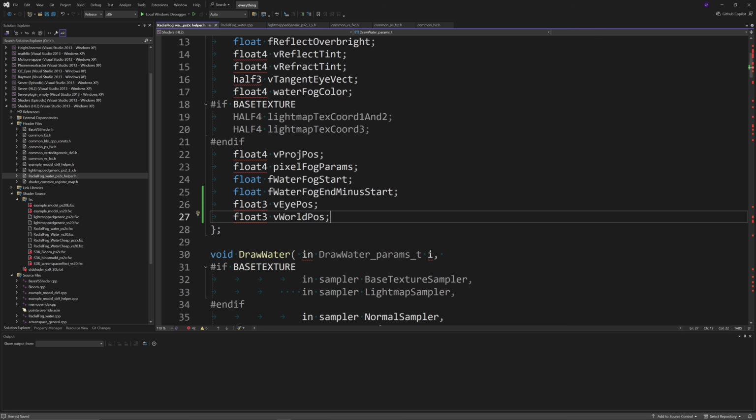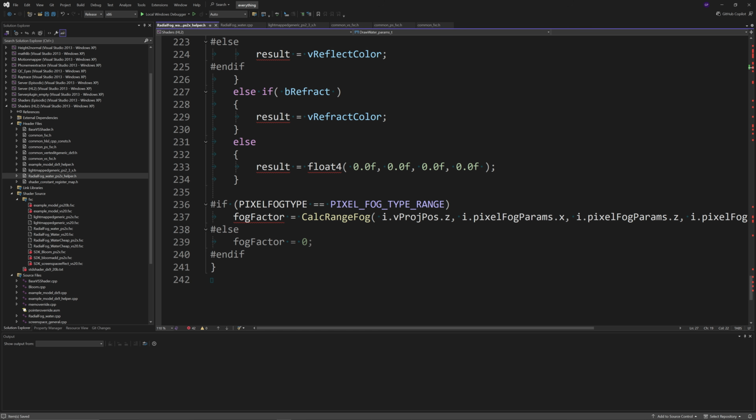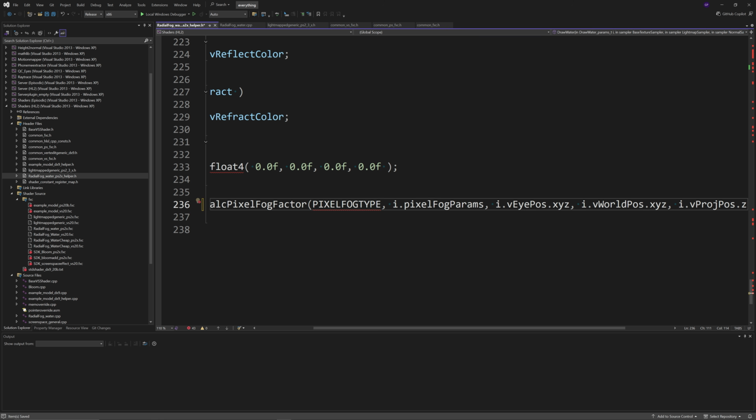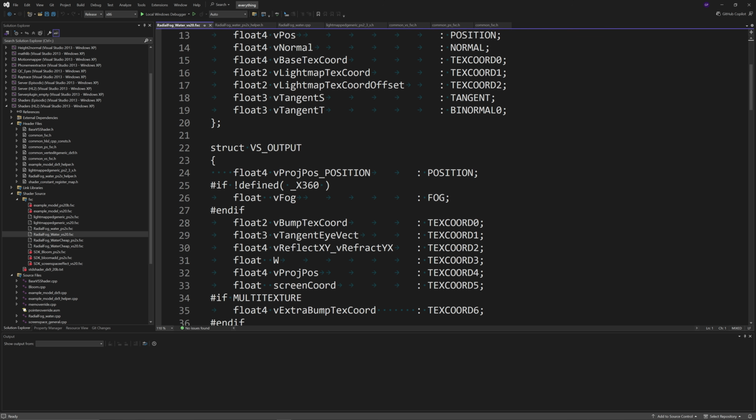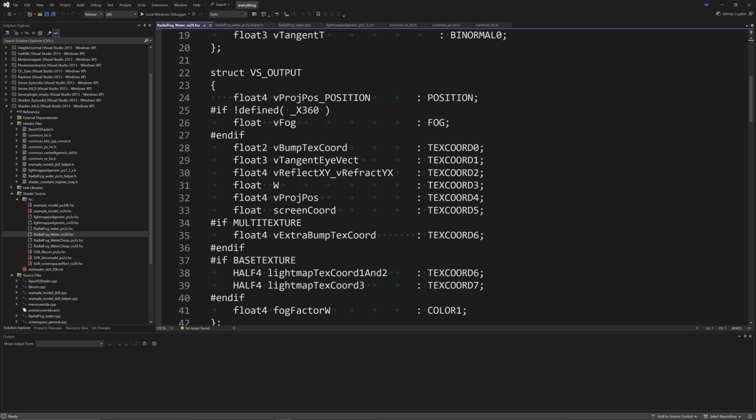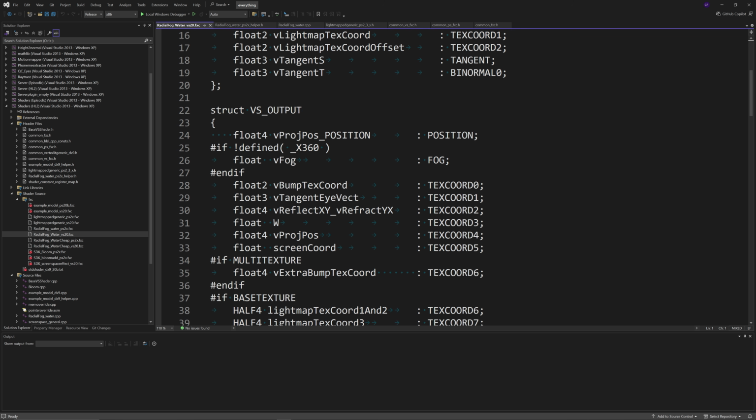And at the very bottom of the file, there is a hashtag if of pixel fog type, which is going to be defining fog factor stuff. You just want to replace all of that with fogFactor equals CalcPixelFogFactor of PIXELFOGTYPE, i.pixelFogParams, i.vipos.xyz, i.vworldpos.xyz, and then i.vprojpos.z. Next, you want to go to radial fog water vs20.fxc, and at around line 30, you want to replace